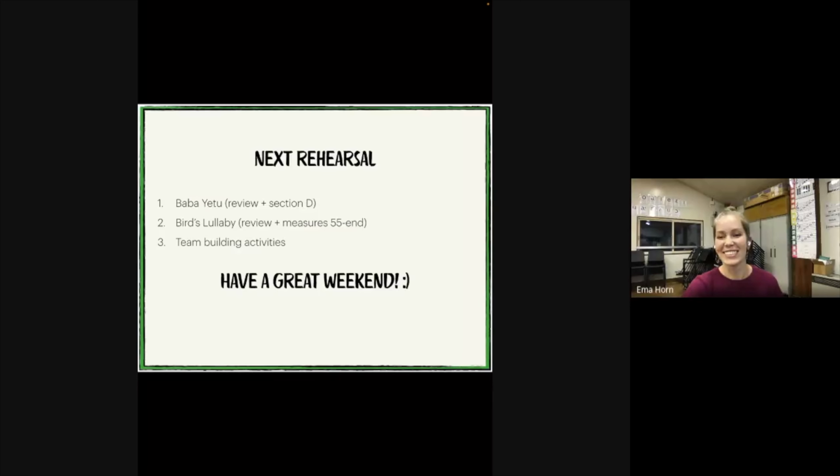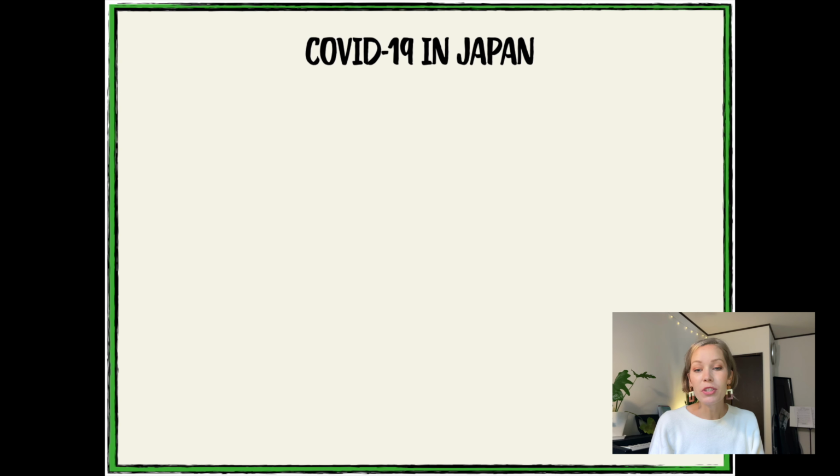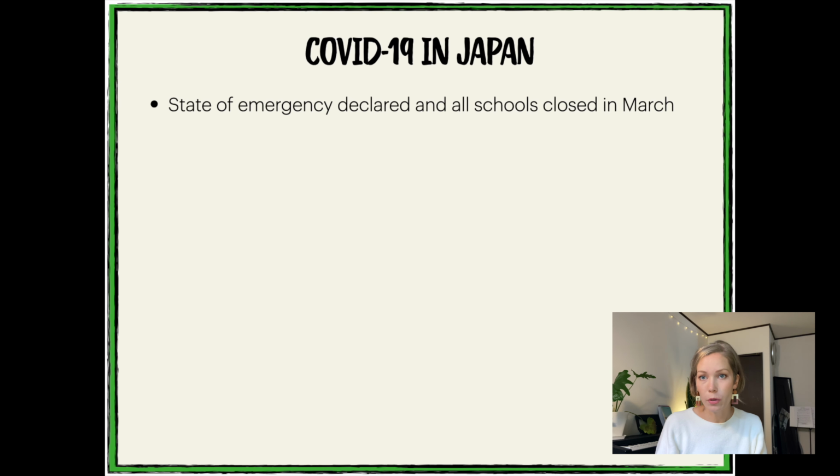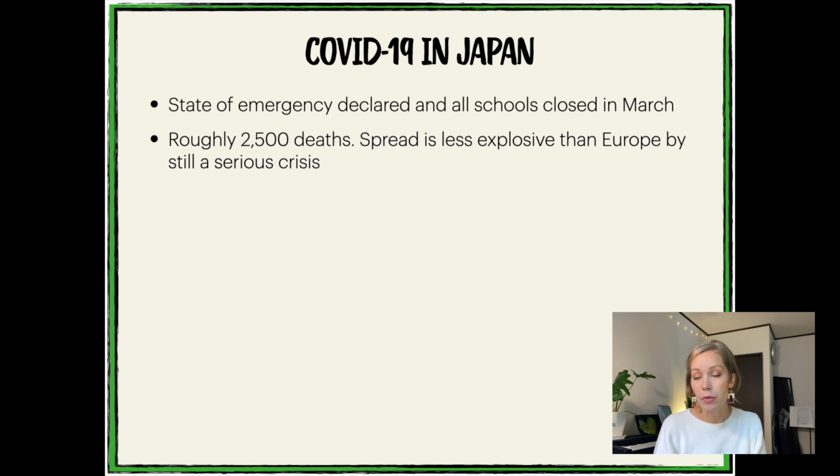Okay, so let me give you some more context and specifics now about my experience in 2020. First, let me just explain to you what the situation looks like in Japan during COVID-19. So the state of emergency was declared and all schools were closed in March. So far, roughly 2,500 people have died, and